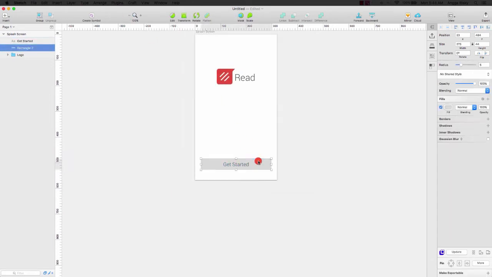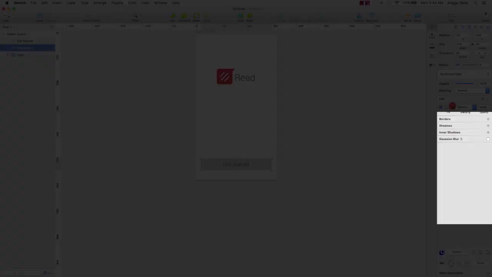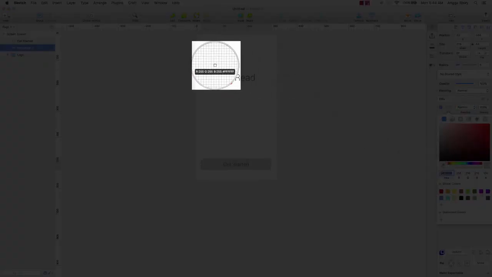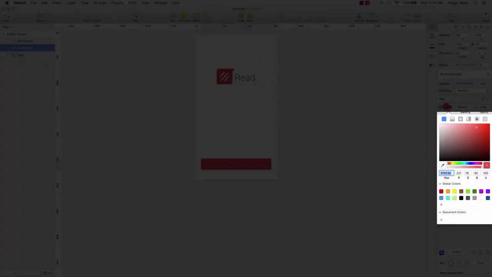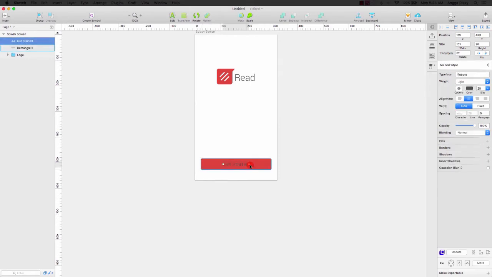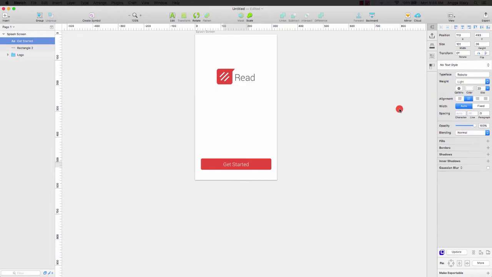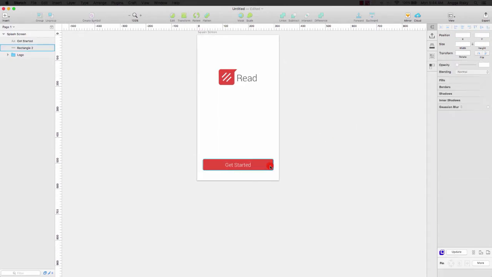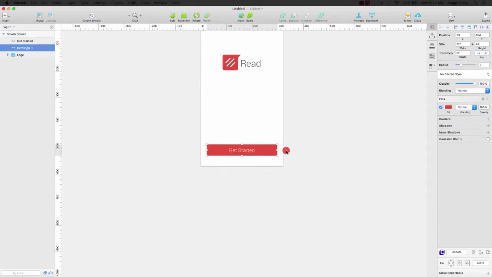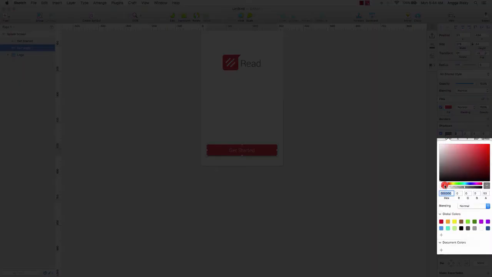Okay, and I will change the button color to red, and I will change the font color about get started to white color, and I will select the rectangle to give the shadow color, and click color and change the shadow color to red,